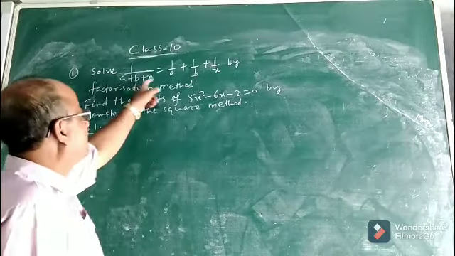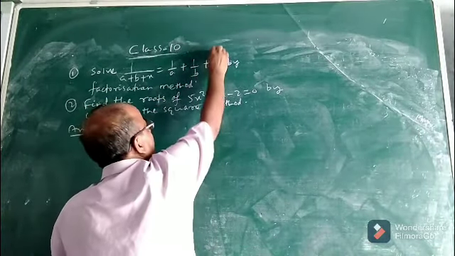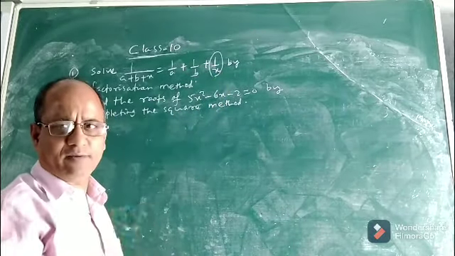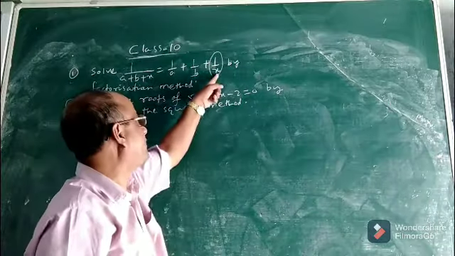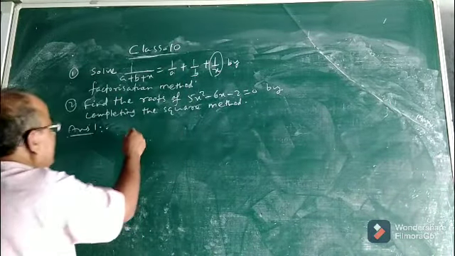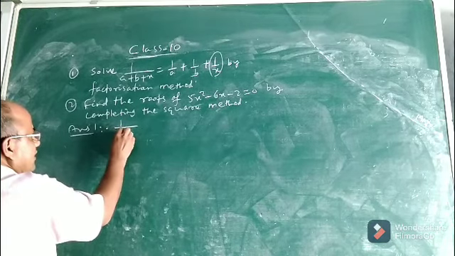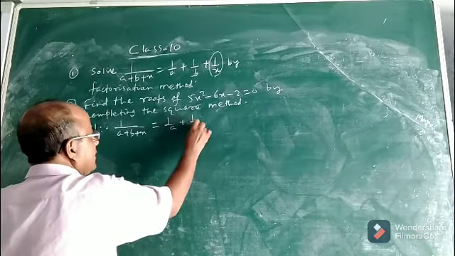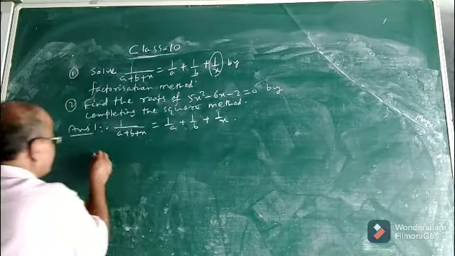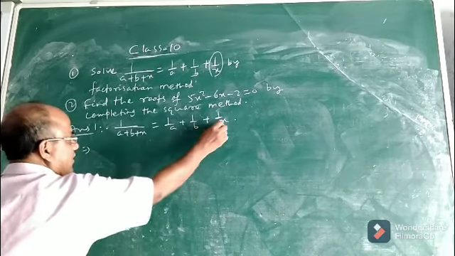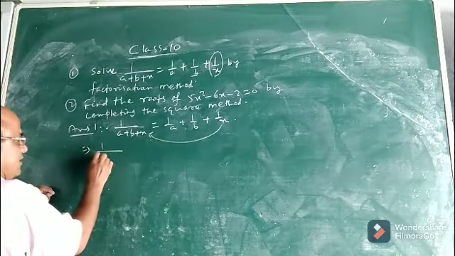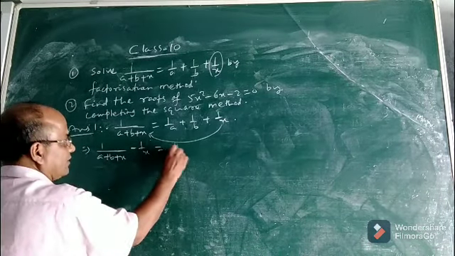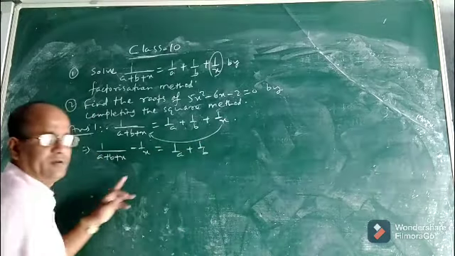So how to solve? In order to solve this, the first step will be you bring this 1 by x to the left hand side, because this is the variable part. X is the variable or unknown which is there in the RHS. So first you bring it to the left hand side. So what will it become? 1 by (a plus b plus x) equal to 1 by a plus 1 by b plus 1 by x. It is the given equation. Now the next step you bring this one to the left hand side. So 1 by (a plus b plus x) minus 1 by x will be equal to 1 by a plus 1 by b.